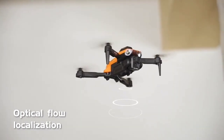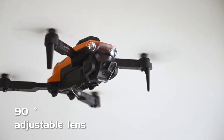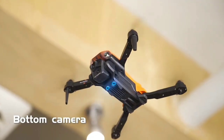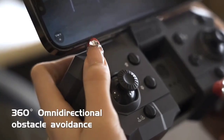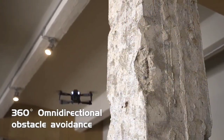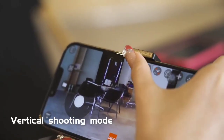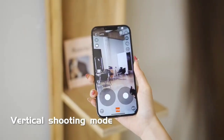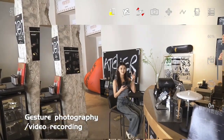The K6Max mini drone is not your average quadcopter. It features three 4K cameras with wide-angle lenses capturing stunning visuals from different perspectives. With optical flow localization technology, the drone maintains precise positioning and stability during flight, ensuring smooth footage even in challenging environments. Safety is paramount, and the K6Max mini drone has a four-way obstacle avoidance system, allowing you to fly confidently